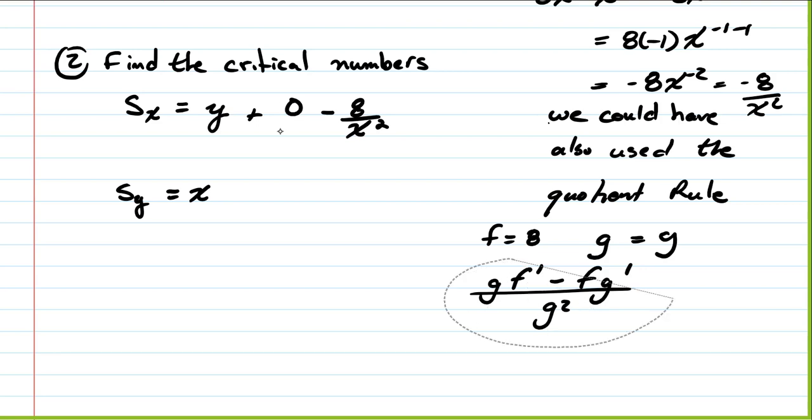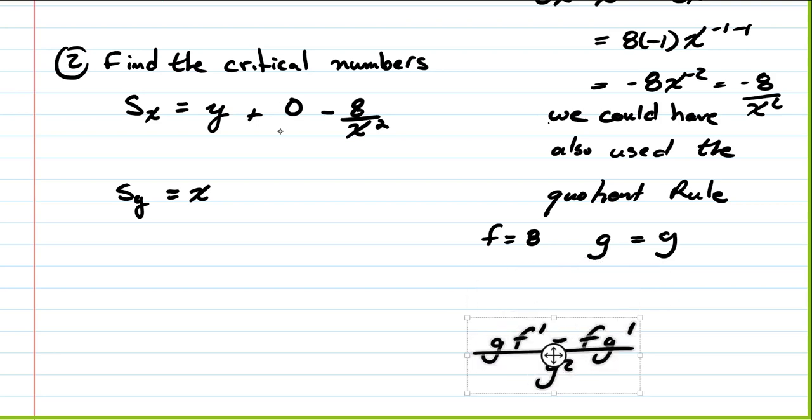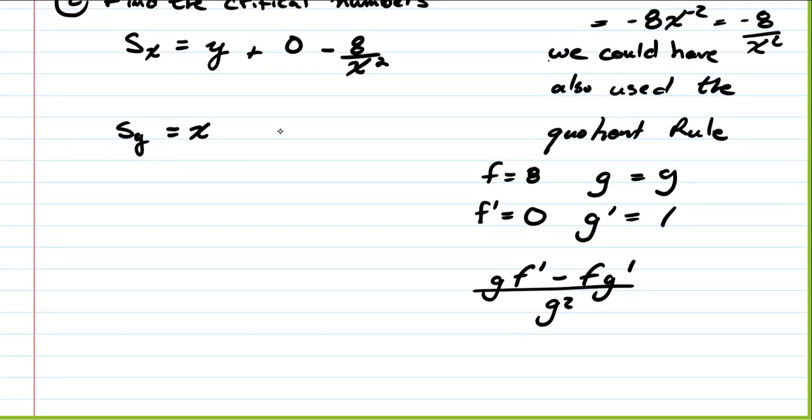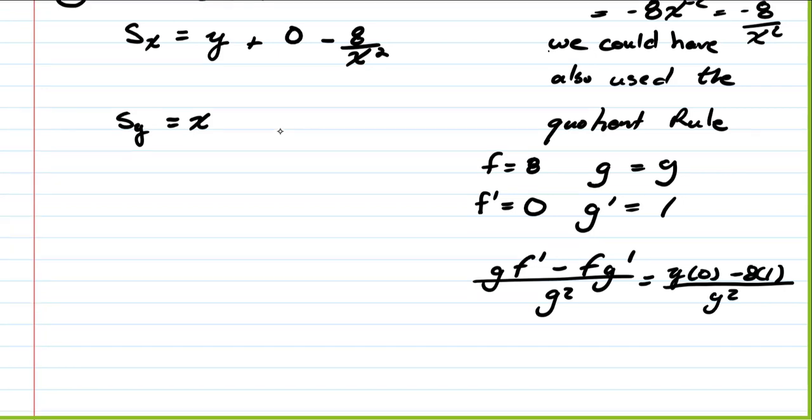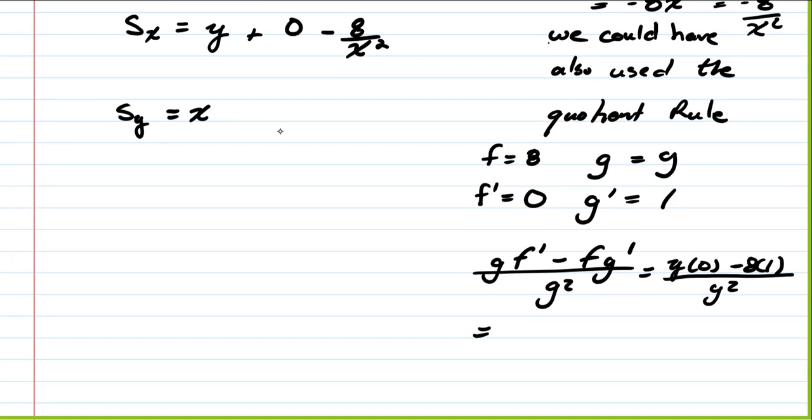I didn't leave myself enough room. We need to calculate f prime and g prime. Well, the derivative of a constant is always 0, and the derivative of y is going to be 1. So that would give us y times 0 minus 8 times 1 all over g squared, which is y squared. And we simplify, anything times 0 is 0, so we get negative 8 over y squared,